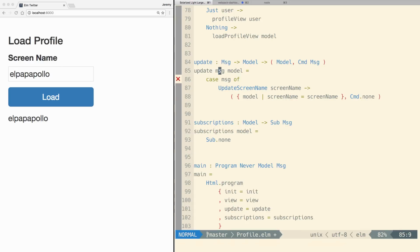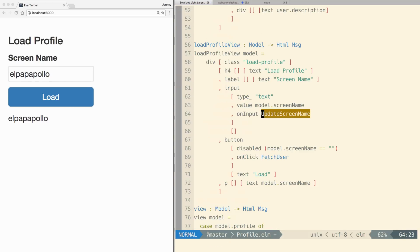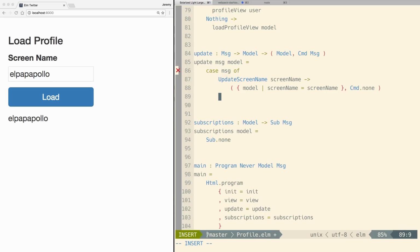Now also, we're not going to type. Remember how I mentioned with pattern matching, when you use it on a union type, which is our message, it requires all branches to be considered. Right now, we're only handling update screen name. But if we go down here to this update function, at the very bottom there, I don't know if you can read that or not, it says this case does not have branches for all possibilities. So it's making sure we handle all the possibilities with our message,